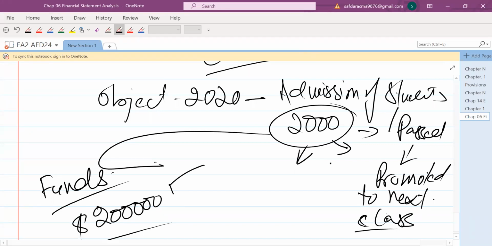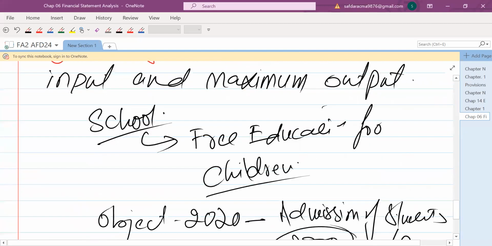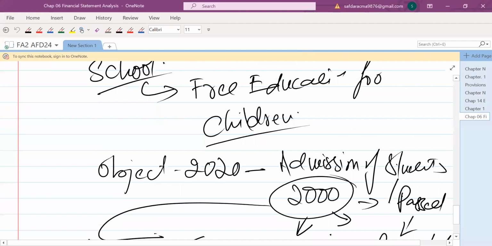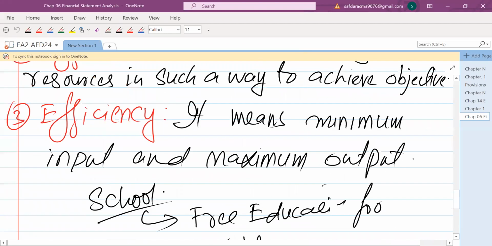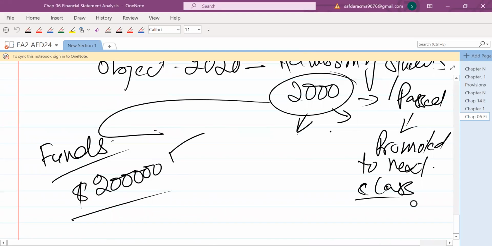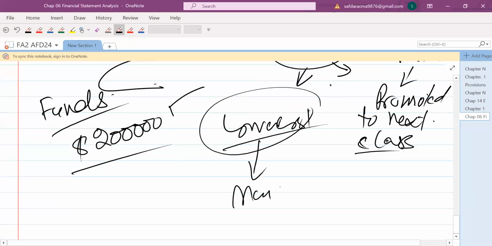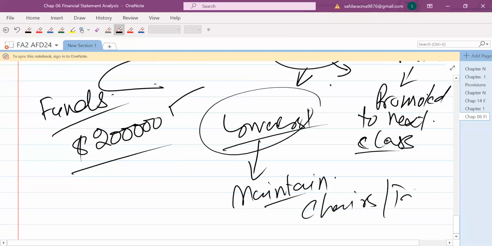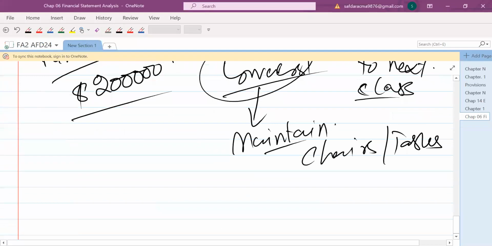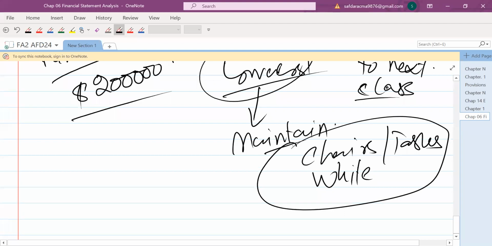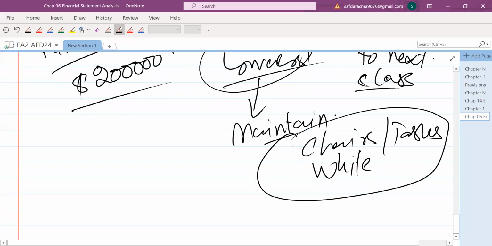इफेक्टिवनेस. अब दूसरी हमारे पास इसमें क्या है कि इन 2000 स्टूडेंट्स को एजुकेट करने के लिए जो हमें रिसोर्सेज चाहिए, क्या आपने वो लो कॉस्ट के ऊपर ली है कि नहीं ली है? मेंटेनिंग द क्वालिटी. लो कॉस्ट के ऊपर होने चाहिए, बट मेंटेनिंग द क्वालिटी. मेंटेनिंग द क्वालिटी मीन अगर आप इनके लिए चेयर्स, टेबल्स ले रहे हैं, if you are buying the chairs, tables, whiteboard, so whether you bought them at a low cost but the good quality, low cost but good quality, इसको हम कहते थे इकोनॉमी. दिस इज कॉल्ड व्हाट? इकोनॉमी.